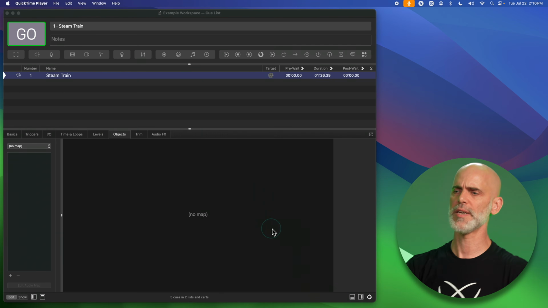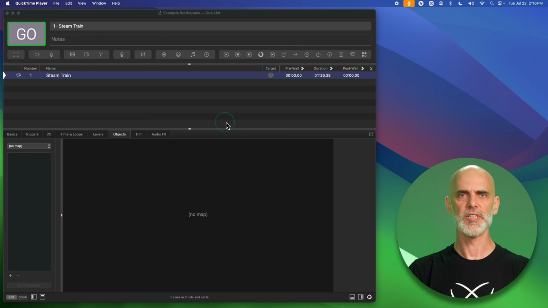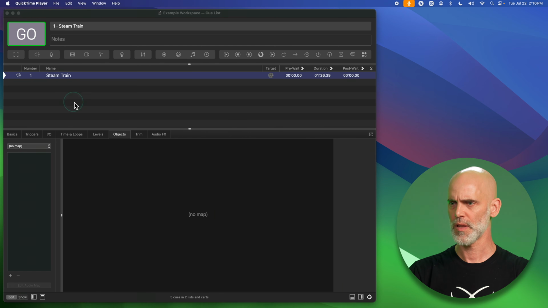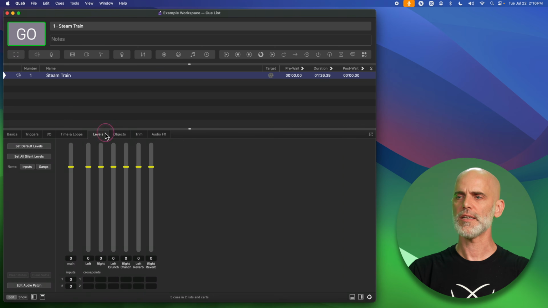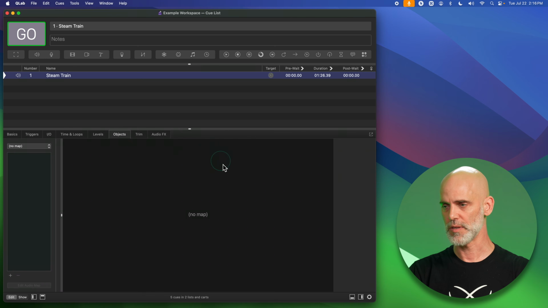I have here a workspace in which I've already set up a map. I've talked about that in a separate video tutorial. So we're going to assume you have an audio map and we just now need to use it in cues. The cue still has my classic levels mixer and it has a new objects tab in which we'll do most